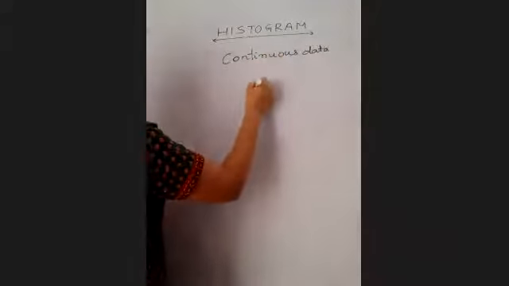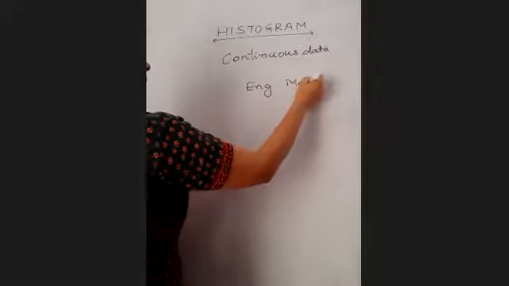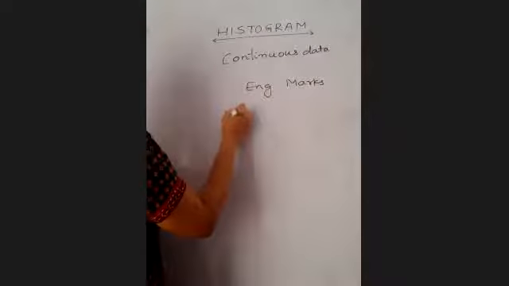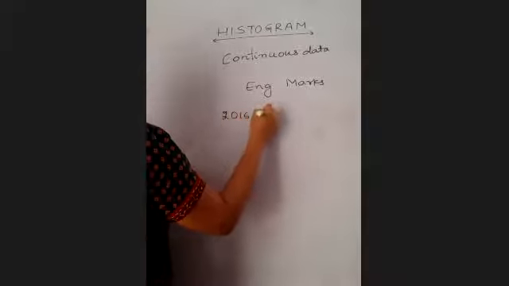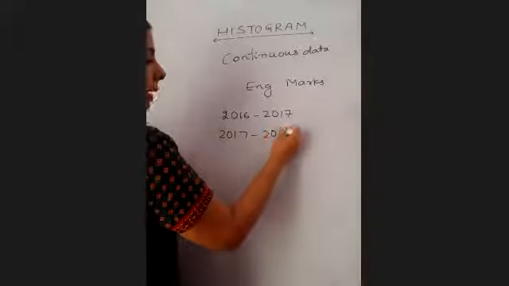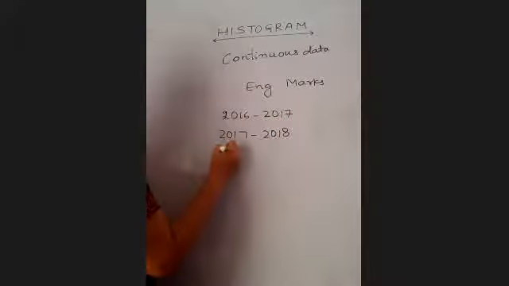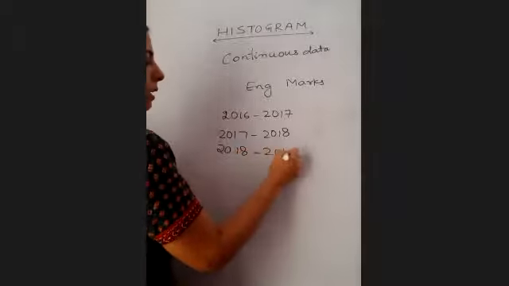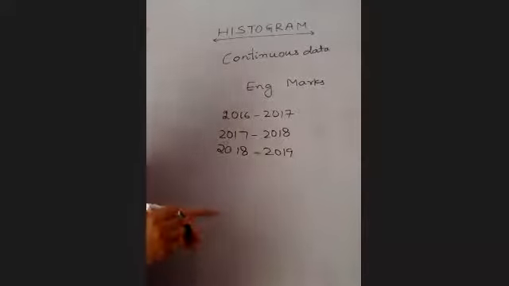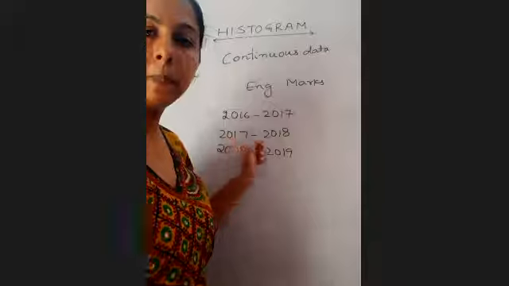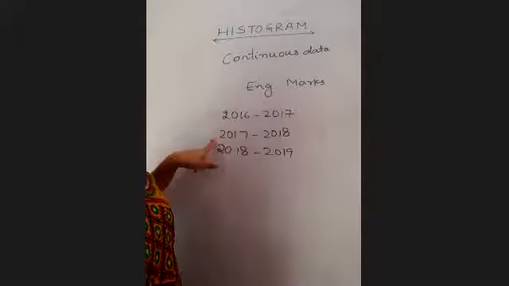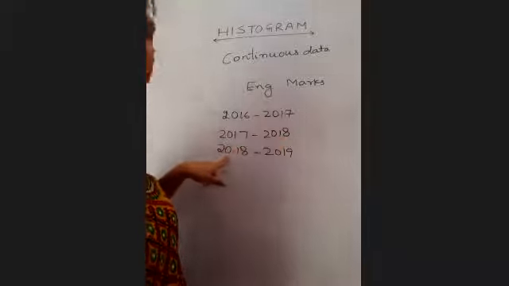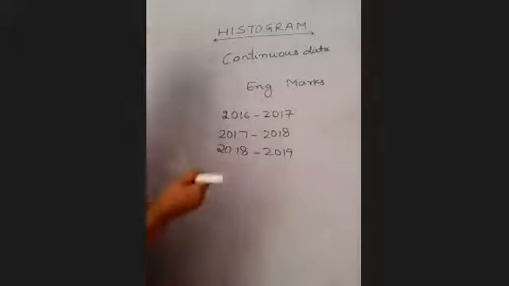For example, I want to plot my English marks only. In year 2016 and 17, what was my score in English? In year 2017 and 18, my score in English. 2018, 2019, my score in English, and likewise. Children, can you see there is a continuity? Where I am ending, the next interval is starting from there. Where I am ending, the next interval is starting from there. So what we are going to do is,